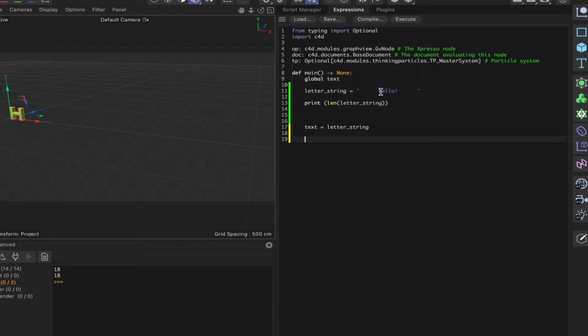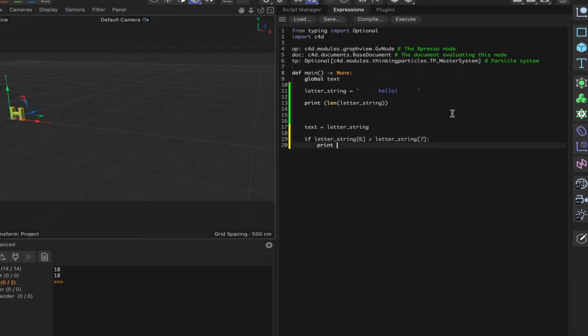So if we want to compare the value of the H with the E, we can say if letter underscore string, and we can say brackets 6 is greater than letter string brackets 7,